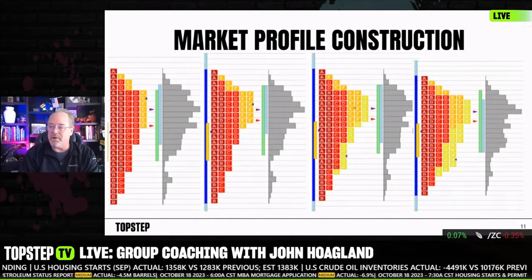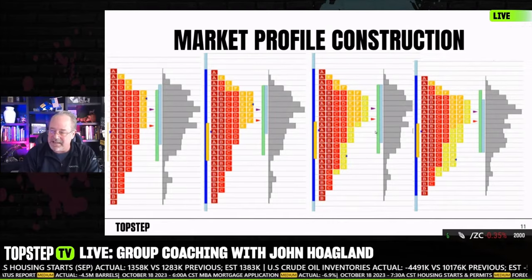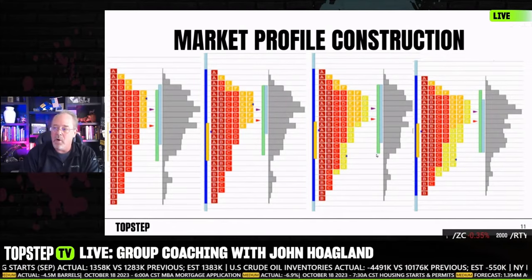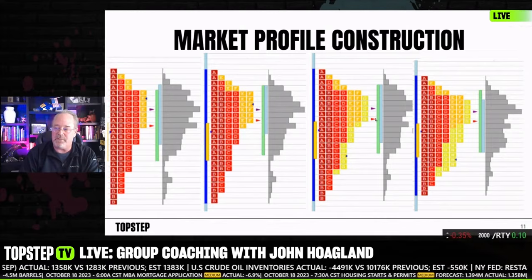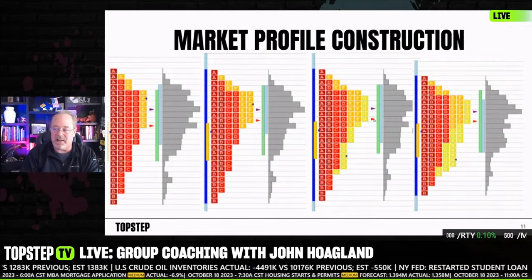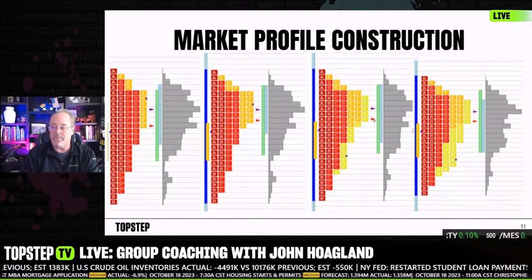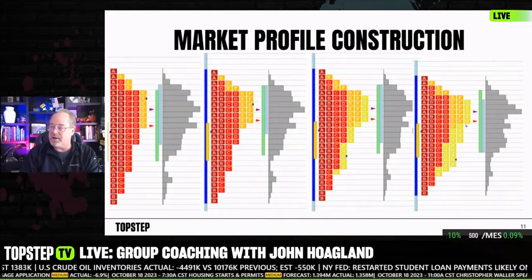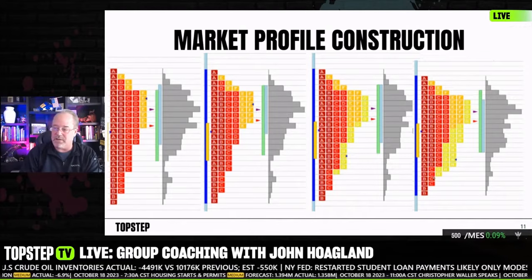The next 30-minute bar, G period, comes and tests below value. Doesn't change the point of control. Point of control is going to be pretty much landlocked at this level relatively soon. H period trades from here to here, takes a look down below